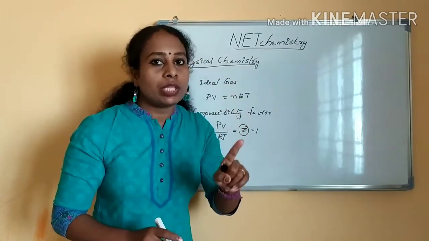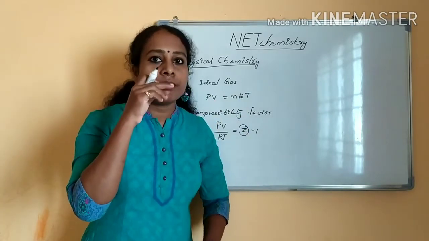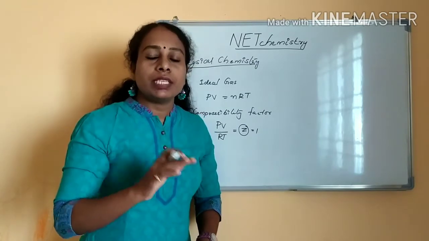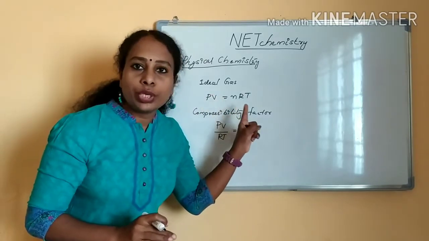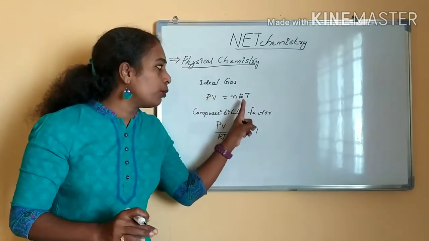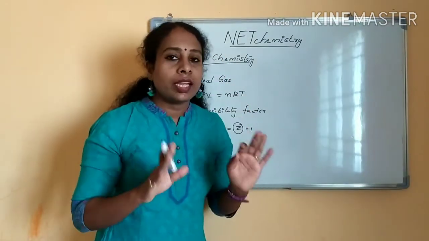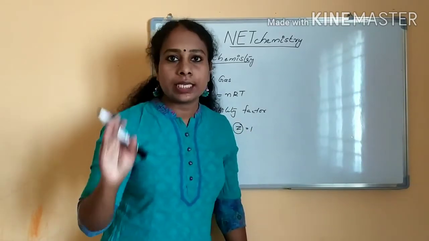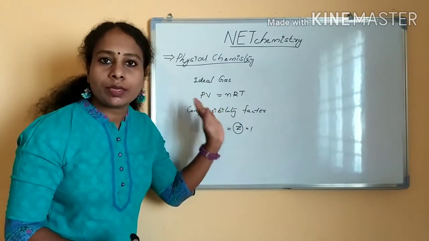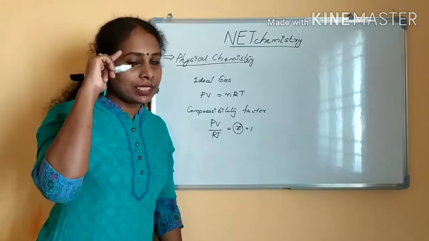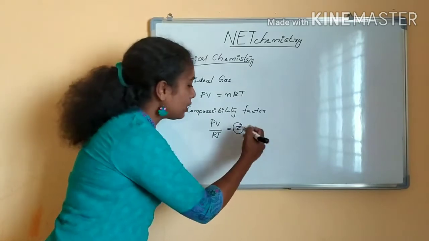We will see the isotherm of the ideal gas and a real gas. What is an isotherm? This is pressure versus compressibility factor. We will draw a graph, then see how the real gas and the ideal gas behave. This equation needs no explanation. You know each thing: pressure, volume, universal gas constant, temperature, right? You have studied all these equations in MSc chemistry class, or even started in BSc. So just remember these points. Everyone knows PV equals nRT. In physical chemistry, PV equals nRT is the first thing that comes to mind, right? So PV by RT is equal to Z. That is the compressibility factor.